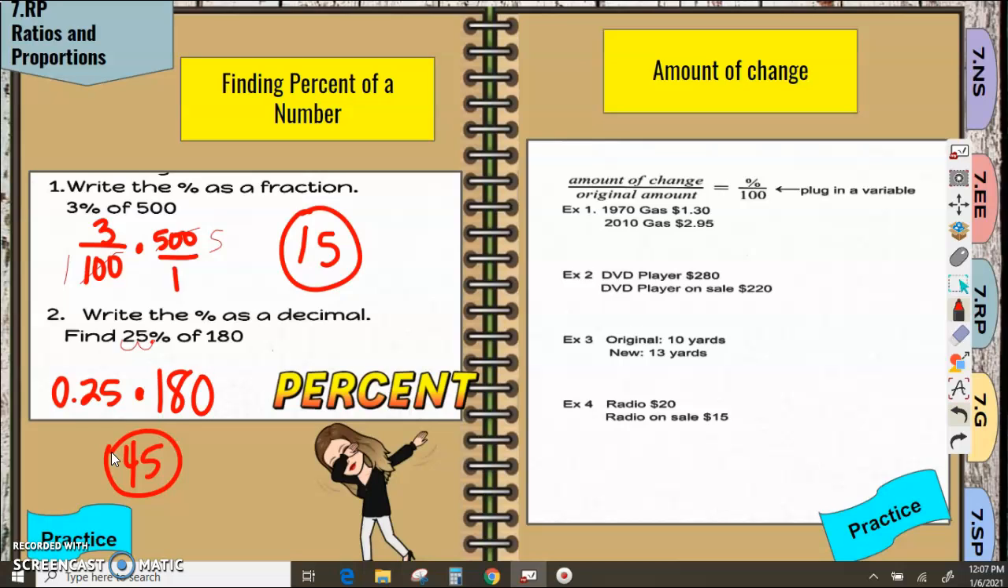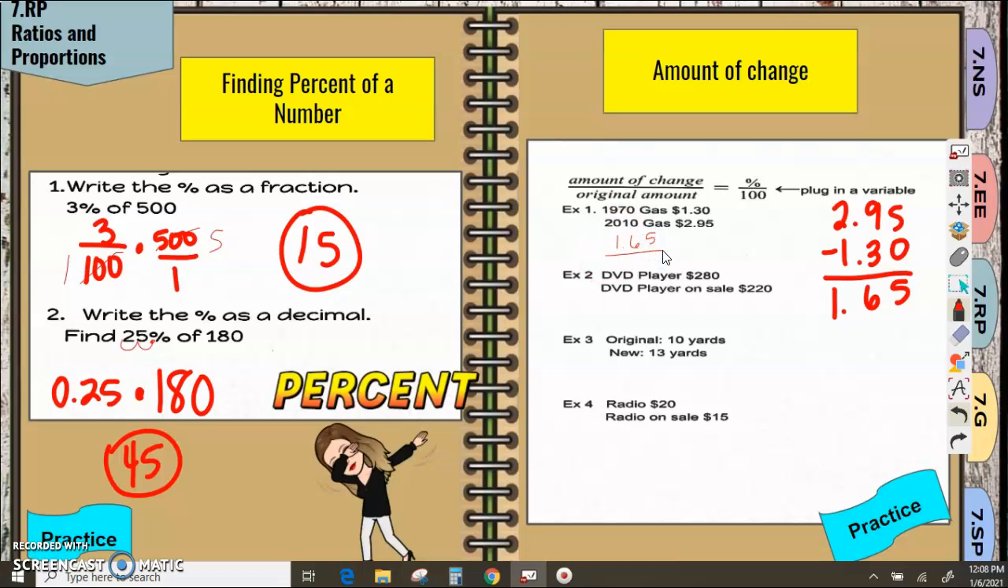So for number 1, I have $2.95 minus $1.30. So in the 1970s, gas was $1.30. In 2010, it was $2.95. So I'm going to subtract those 2 numbers to get the amount of change. 5 minus 0 is 5. 9 minus 3 is 6. 2 minus 1 is 1. That's $1.65